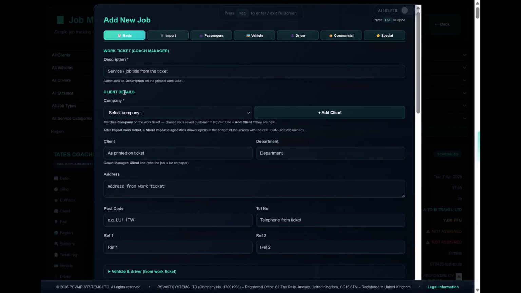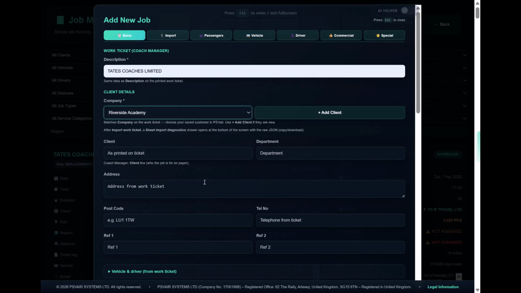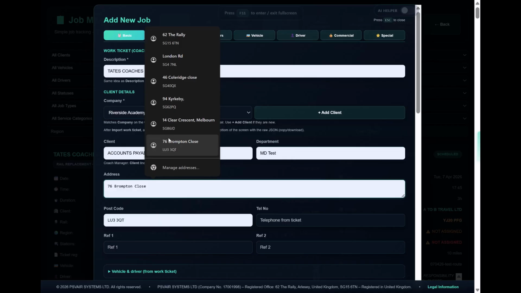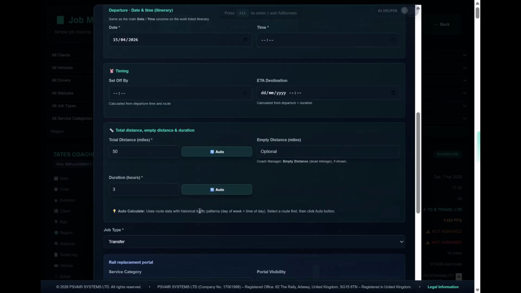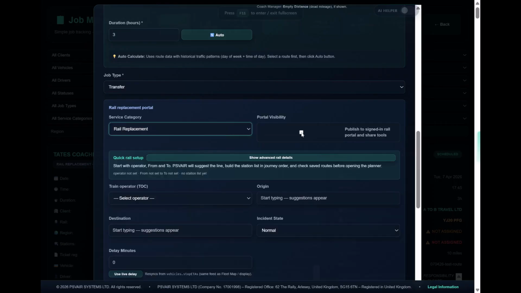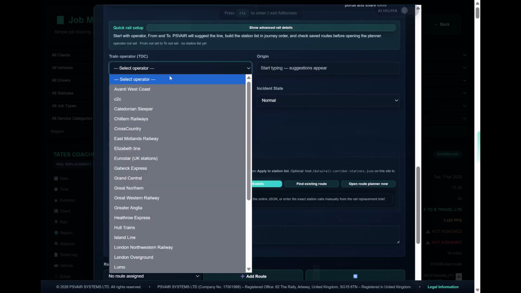Okay, last demonstration is actually going to be booking a job. And the reason I'm showing you this side of it is because it is relevant to rail replacement. If I just select a customer, a job, etc., just very quickly, and from there we tap on the fact that this job is a rail replacement job, you'll see that this extended card comes down. I've ported this so that you can simply enter a couple of station names and it automatically knows what line it's on, and from that we're able to,